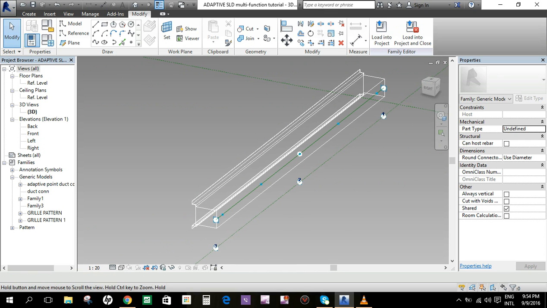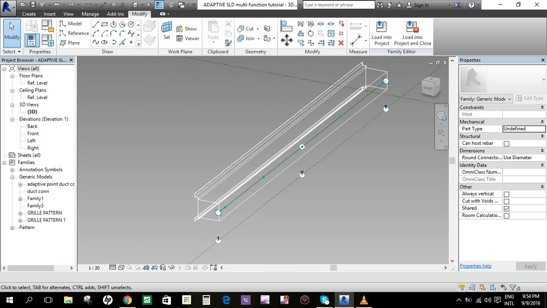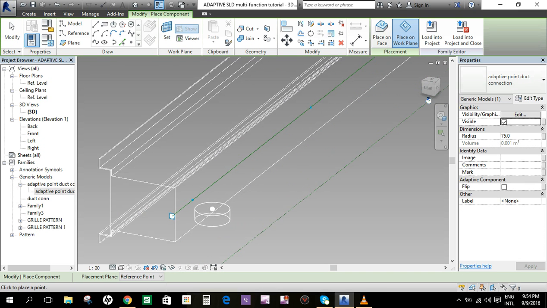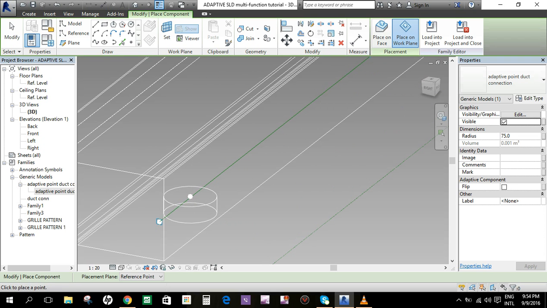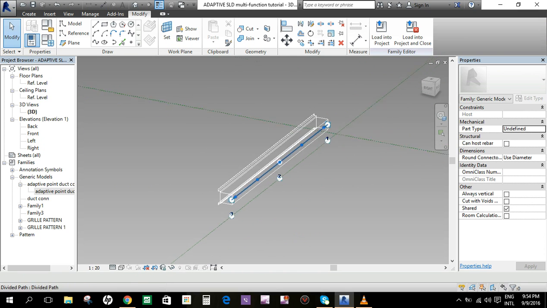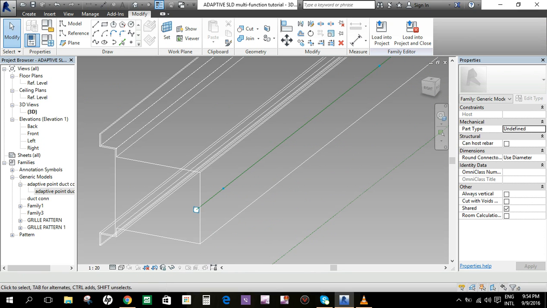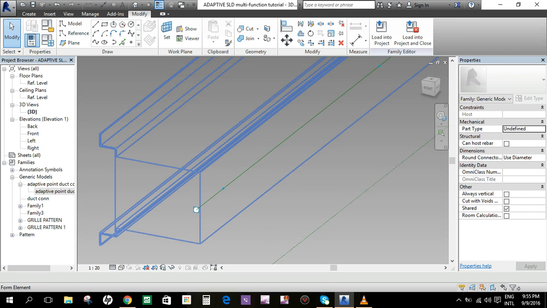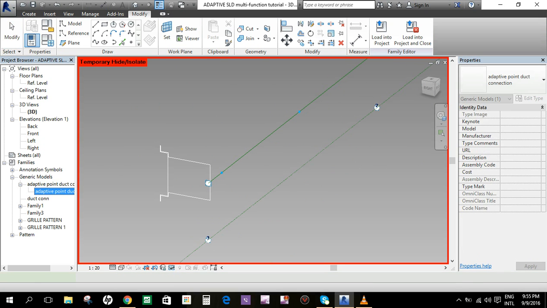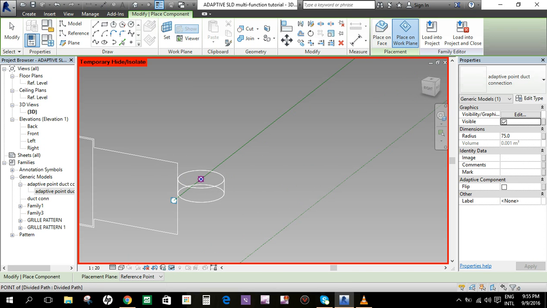And the second step is to load this adaptive point duct connection here in this divide and repeat points. We'll hide this first. Then adaptive point duct connection, put it here. How come it's showing like this?